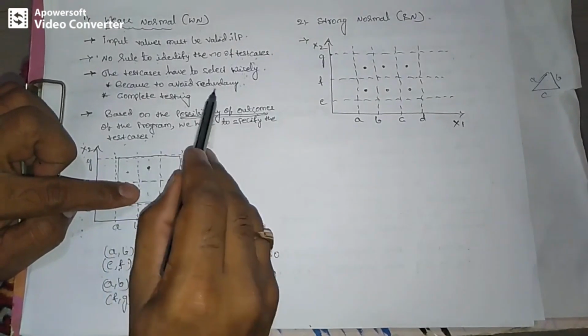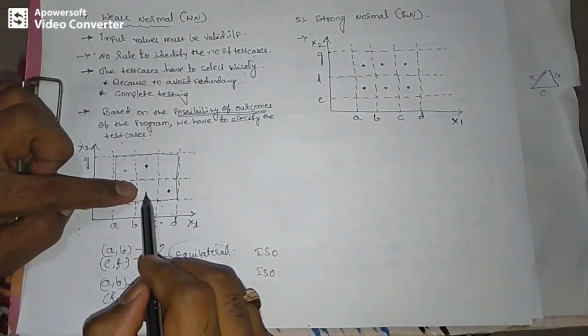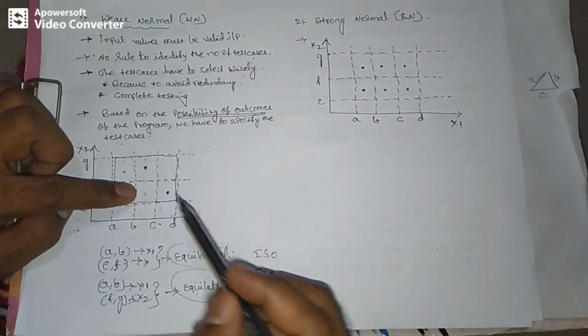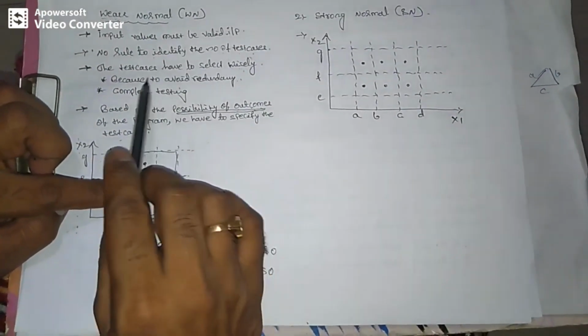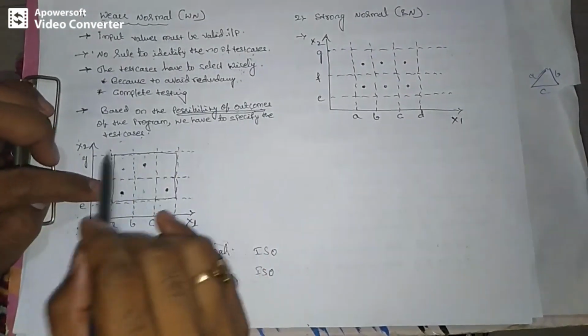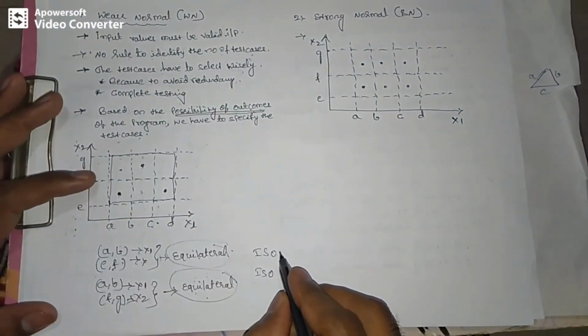You can't give both partitions. Why? Because we want to avoid redundancy. If you are getting a redundant output result, then there is no meaning in doing the equivalence class partitioning method. Therefore our goal, our motivating factor, is to avoid redundancy and also to do complete testing of the input domain. So we need to select the partitions wisely. This is the meaning of wisely.